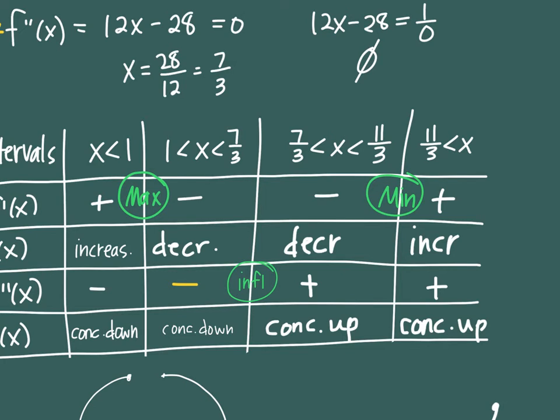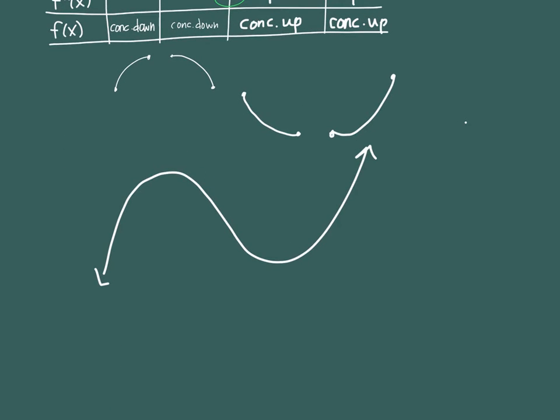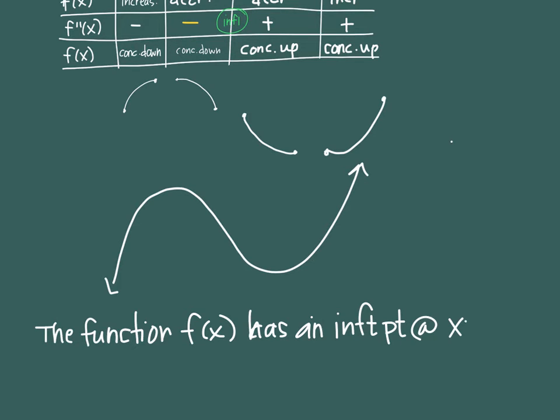So if you're practicing what we did yesterday in terms of writing a sentence, you have to say the word change when you're talking about inflection. So it would be something like this. The function f of x has an inflection point at x equals 7/3, and I don't know what the y value is. I'm sorry, I didn't look that up ahead of time, but we would find the y value